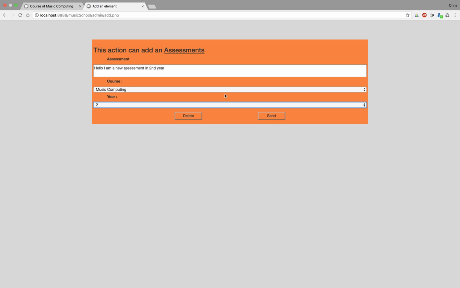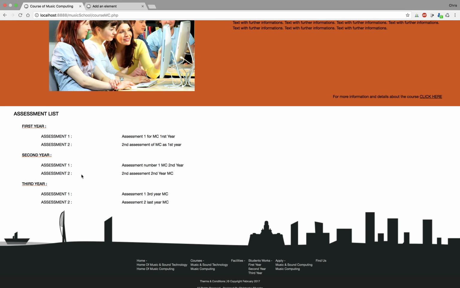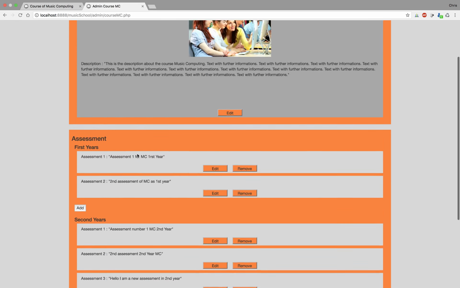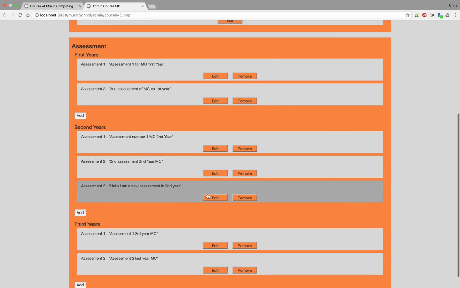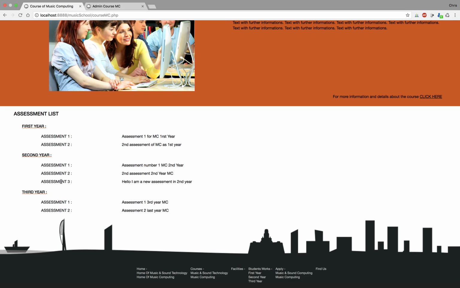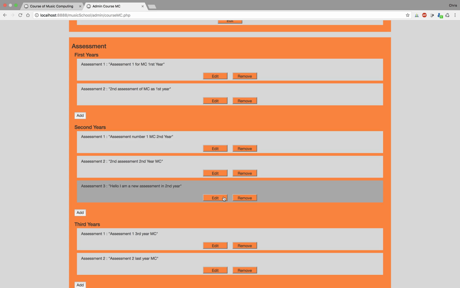And if we click on send, at the moment this is not written even if we refresh. Okay, I did it, and if we send it to the database we can see it here in the admin space. And from now, if we refresh this page, we can see the third assessment with "hello" and "a new assessment in second year". And we can also edit it,